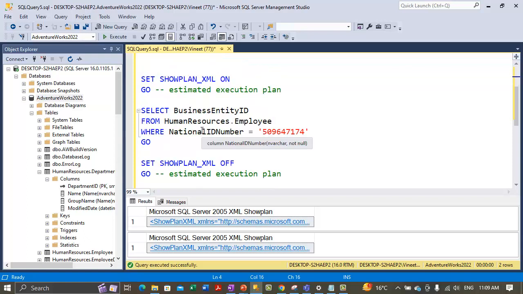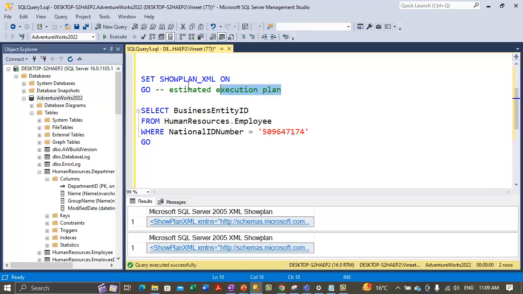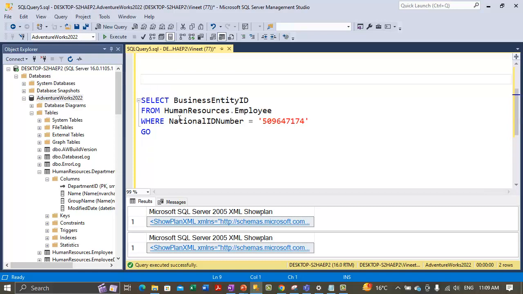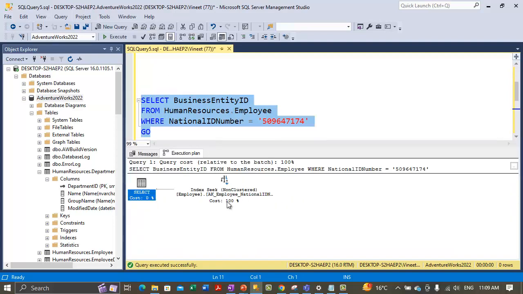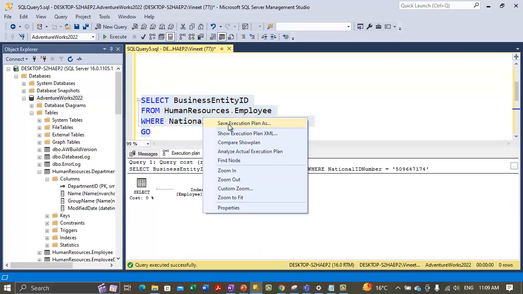If you don't want to use this option, you can omit them, and instead of that, what you can do is you can use these buttons. So this is for the actual execution plan, this is for the estimated execution plan. In order to generate the estimated execution plan, just select a query and press the display estimated execution plan button. It will show you the estimated execution plan here, and you can save it from here as well,